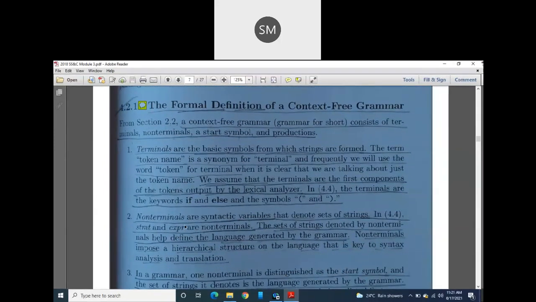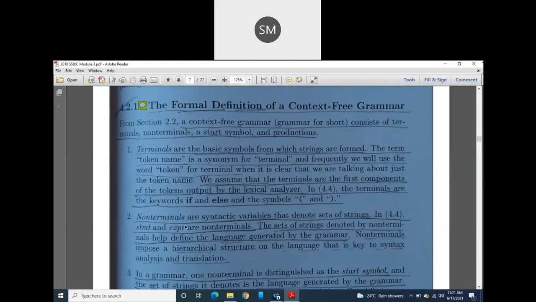Just now what I told you is actually an informal definition. Grammar describes programming language constructs like expressions and statements. If anybody asks you what is grammar or what is context-free grammar, both are alternative words. Don't worry. Instead of again and again calling it context-free grammar, we simply call it grammar in short. That informal definition you can tell, but the formal, official, technical definition is this one, and it is better to write this definition along with that previous definition in your exam.